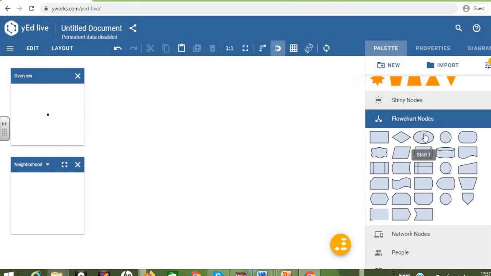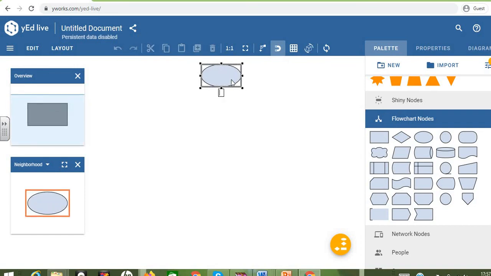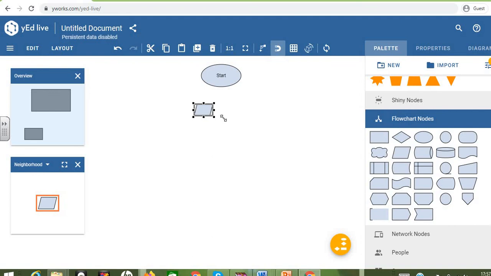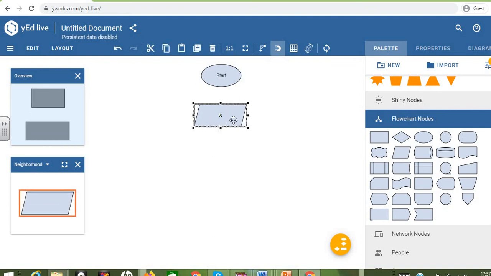Okay, let me go for the palette. Going for start. Okay, so next I need to get the input. As we know that in this case only one variable we are going to initialize, that is the input for this program. Input n equals to 3.